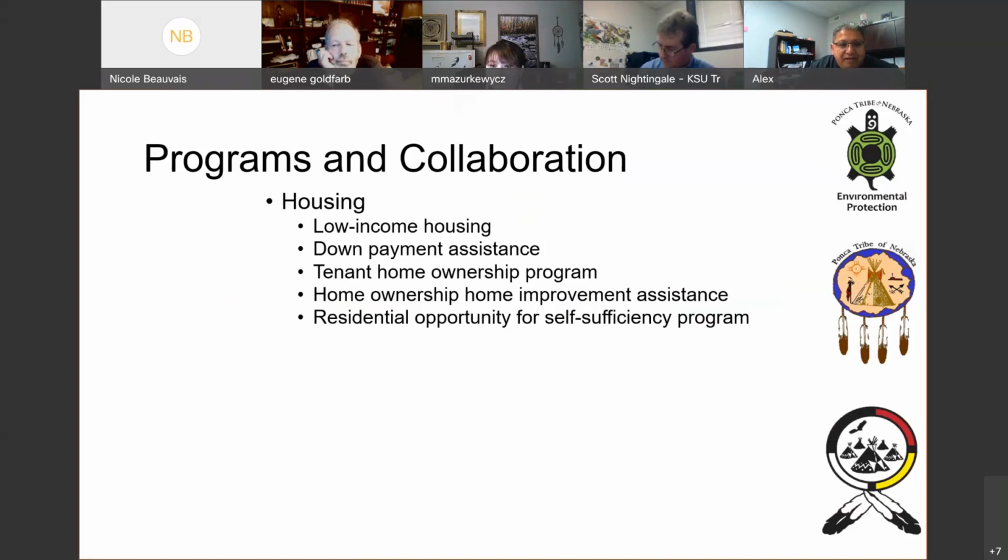We have a tenant homeownership program. The tenants can buy the houses they live in. Obviously, they have to be mortgage ready. The housing authority has a program that walks them through becoming debt free, so they can be mortgage ready.